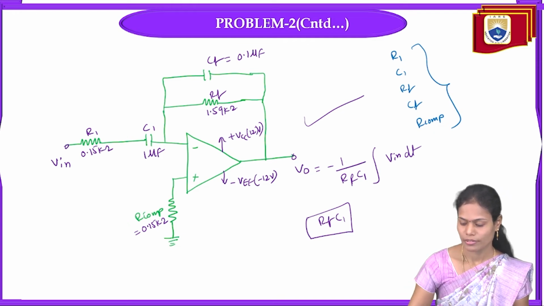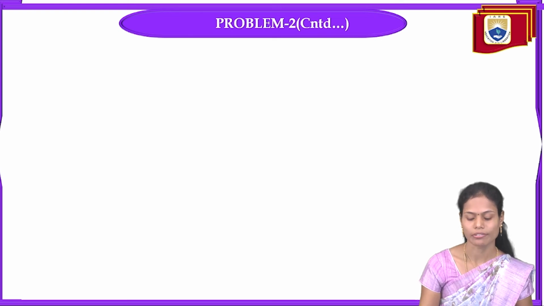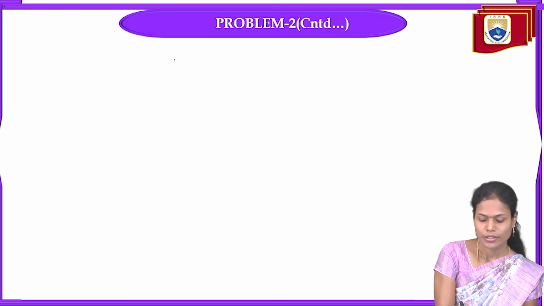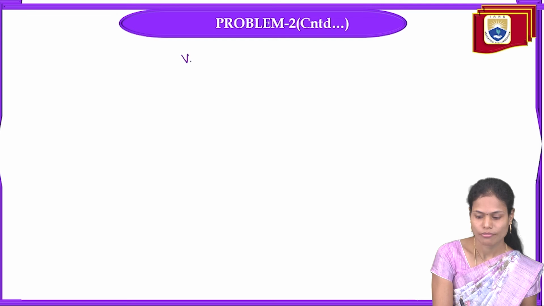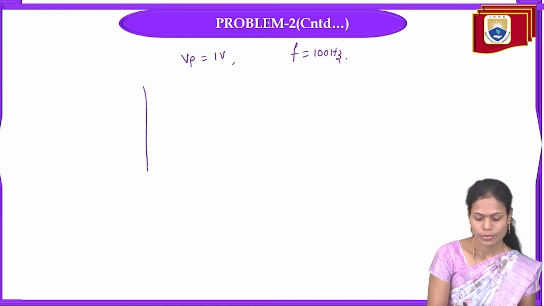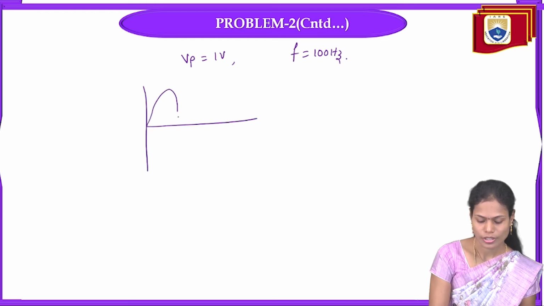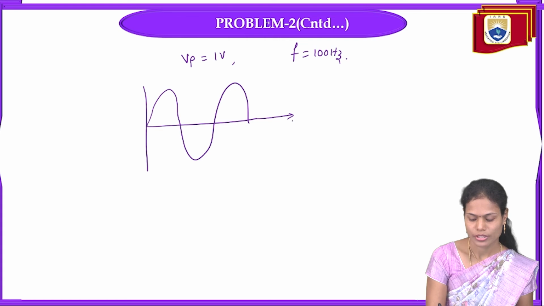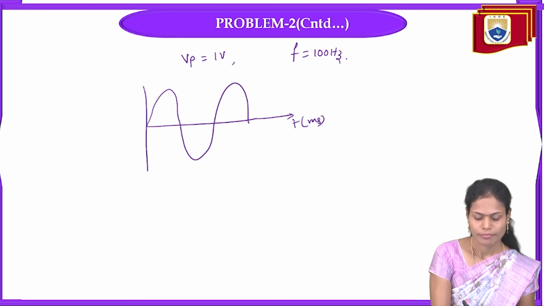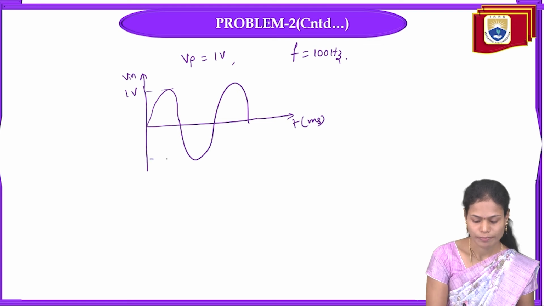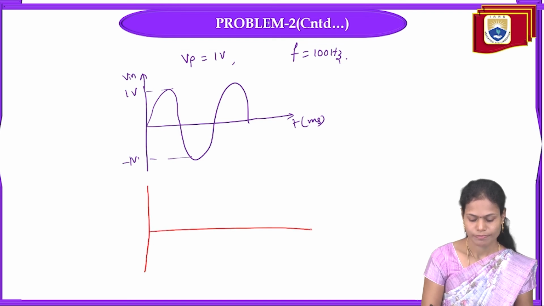And well, coming to the input-output waveforms. The input signal value is given as Vp is equal to 1 volt and frequency is equal to 100 Hz. So the input signal I am taking here as sinusoidal. It is varying with respect to t, and the maximum value is 1 volt, minimum value is minus 1 volt. So for this, the output signal is